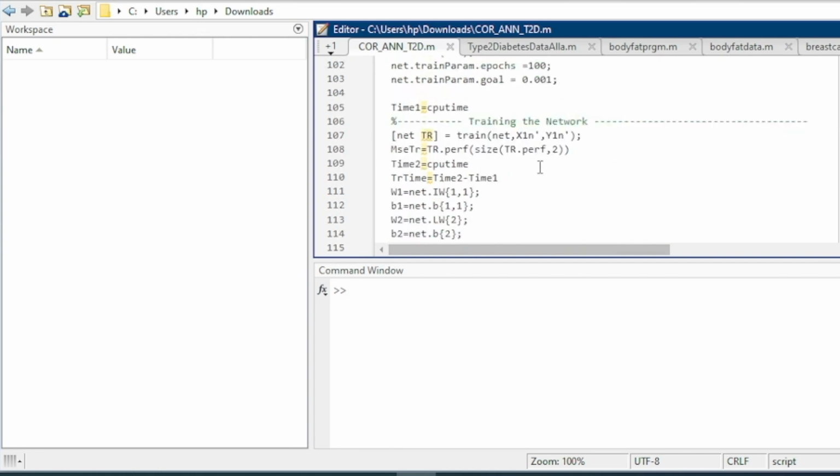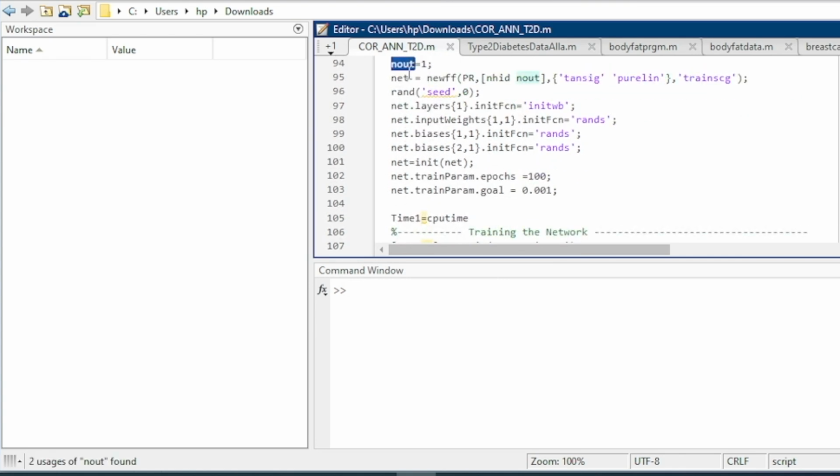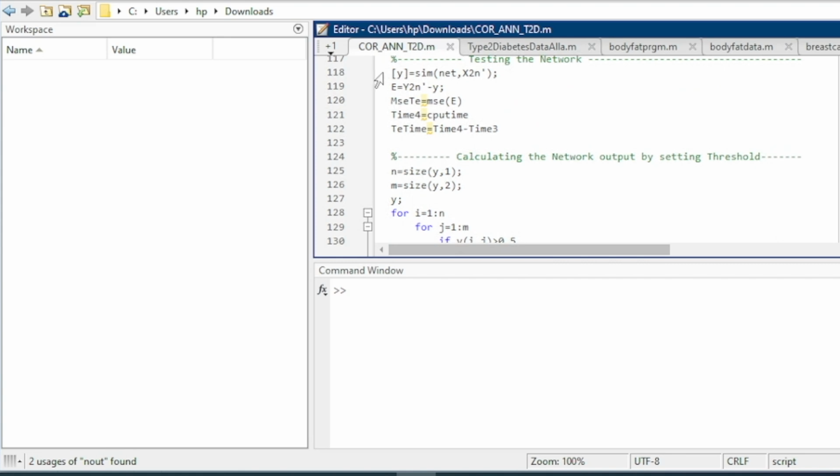And here you can see that 3 hidden nodes are used, and the number of output nodes is 1, as I already said, because there are only 2 outputs. So, 0 for one case and 1 for another case. After that you get the actual output y with the help of the sim command, and then we have to calculate the error value, based on which it is propagated and the weight values are updated, and finally